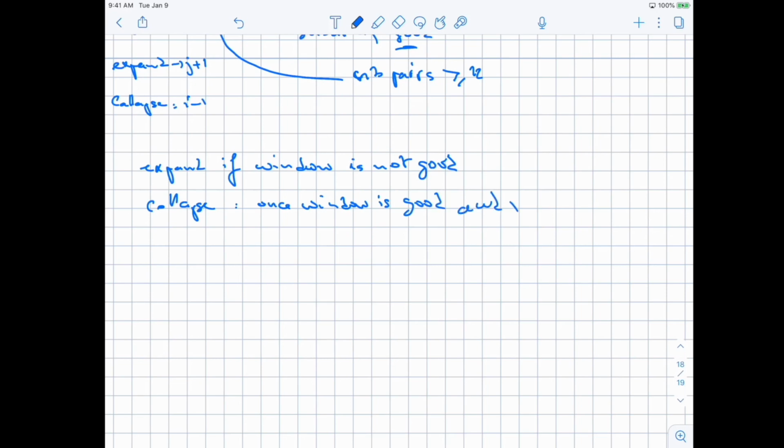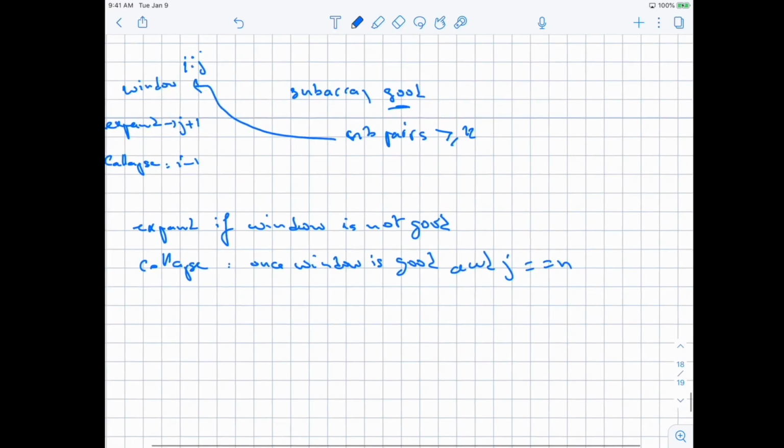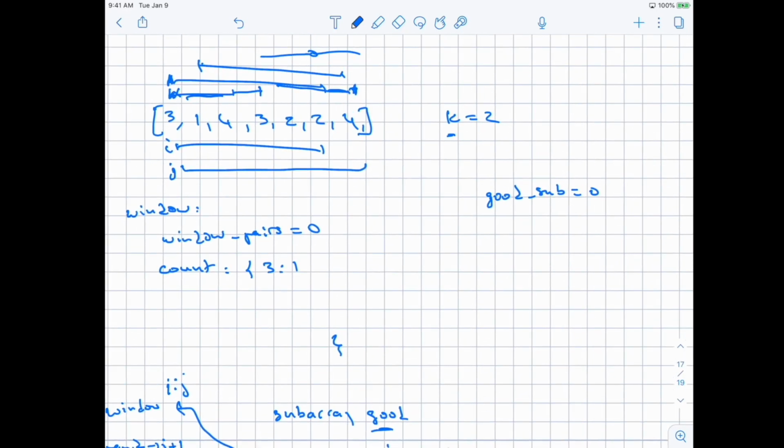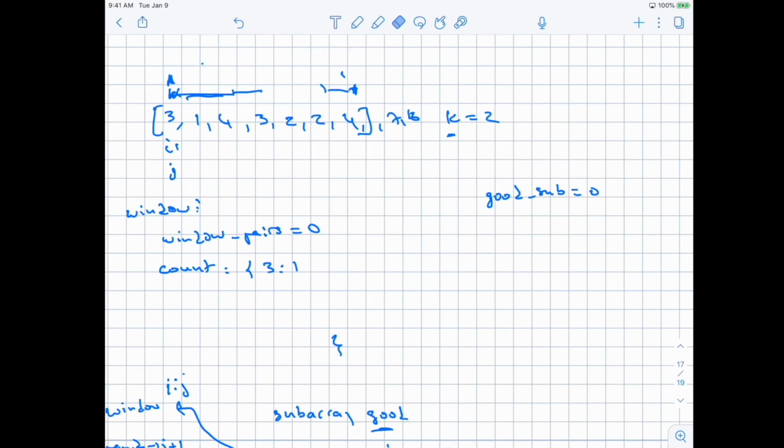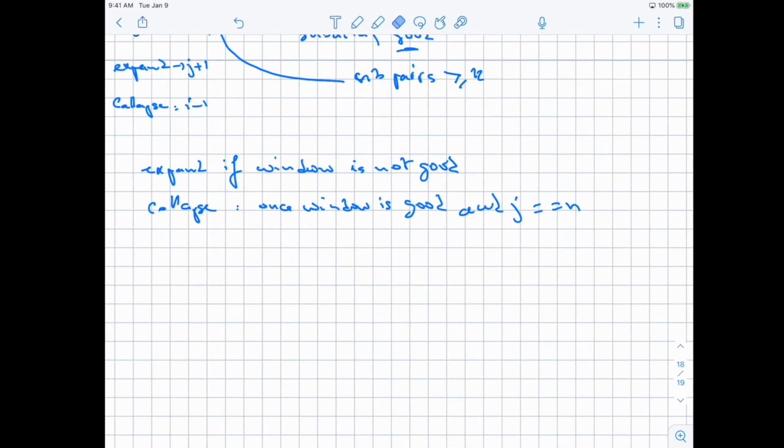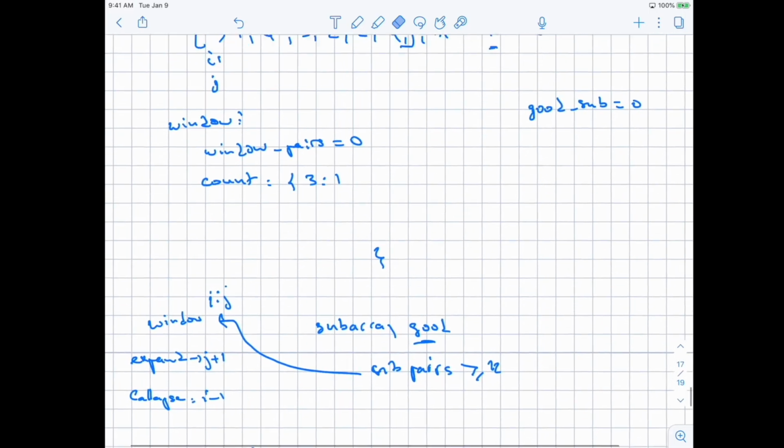and J can't move anymore, right? J is equal to N, which means we can't move J anymore, right? That's important, because otherwise we'll miss things like this window. And if we had more here, we'll miss this window, we'll miss this window as well, right? So that's important. Let me remove this. Okay, so now that we know when to expand, we know when to collapse, we have our window data,